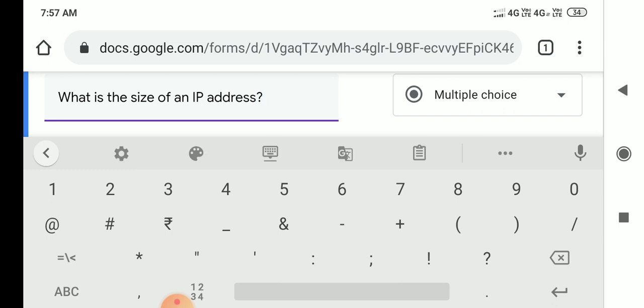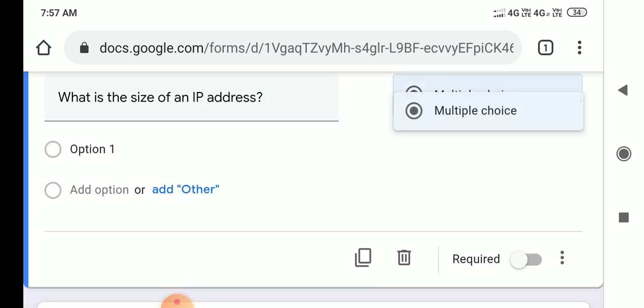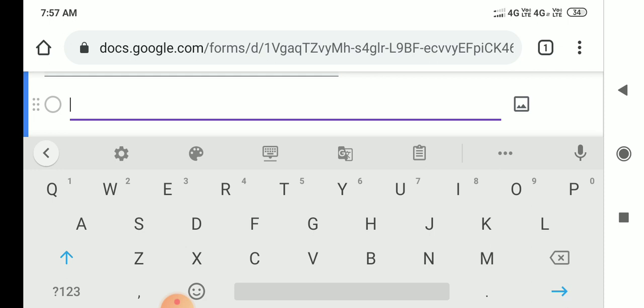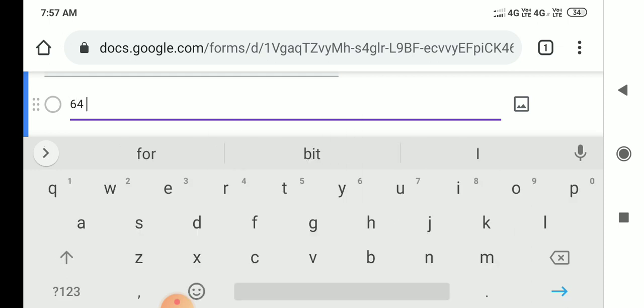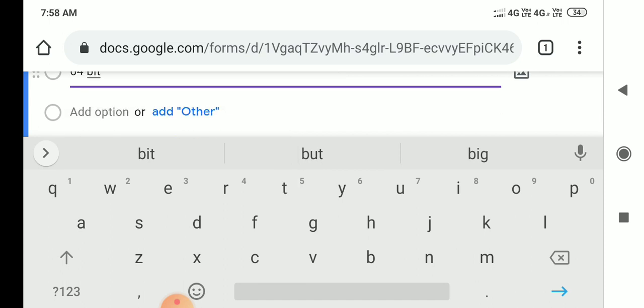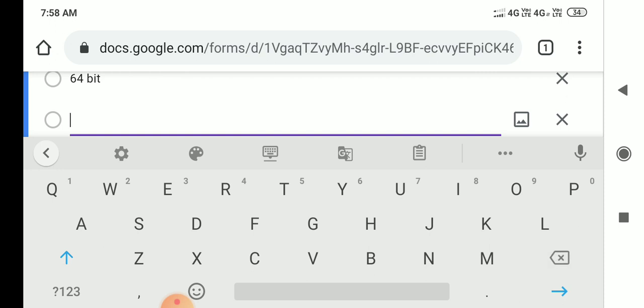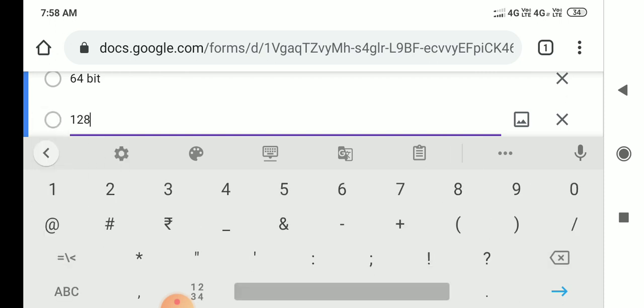Choose the question type. I am going to choose multiple choice. Add option. My first option is 64-bit. Click add to add another option. The second option is 128-bit.